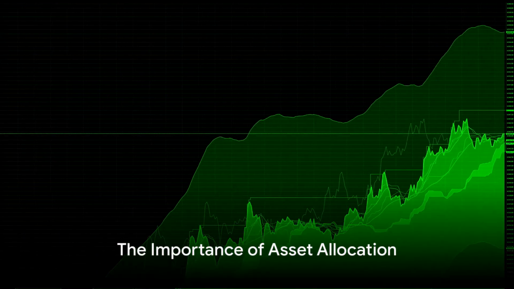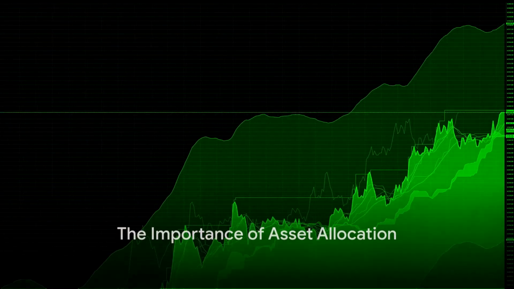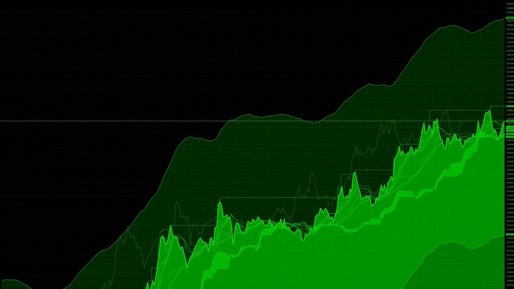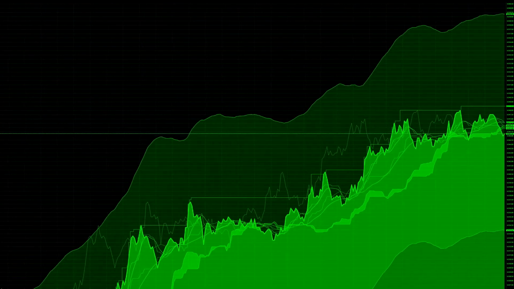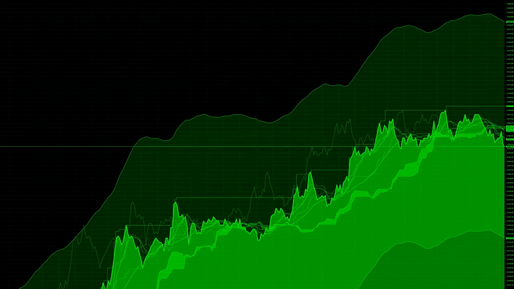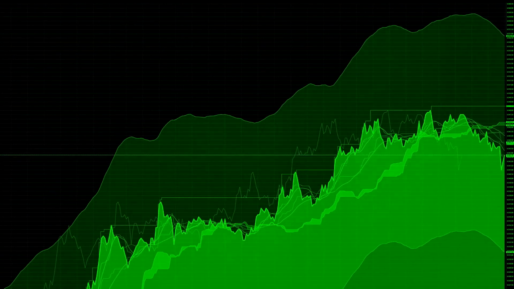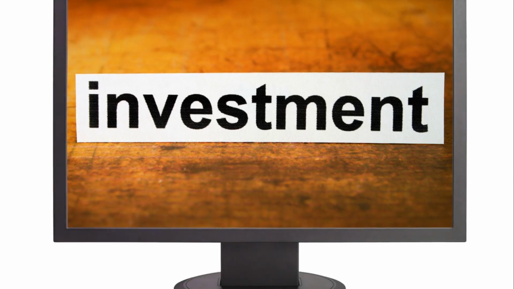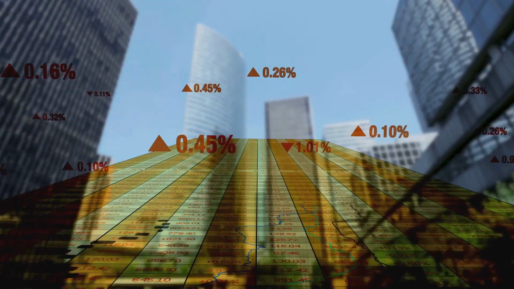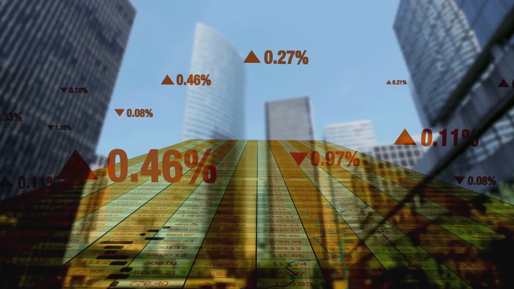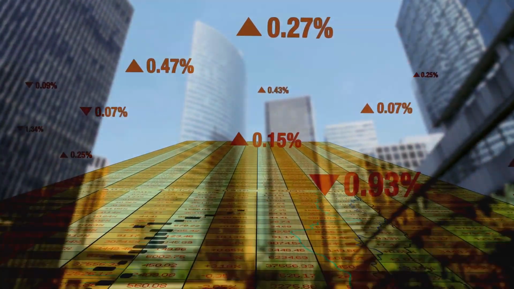Have you ever wondered how to diversify your investments? Asset allocation might be the answer. Imagine your investment as a pie, divided into different slices. Each slice represents a different type of investment or asset class. These can include stocks, bonds, and cash equivalents, among others. The size of each slice, or how much of your money goes into each type of investment, is determined by